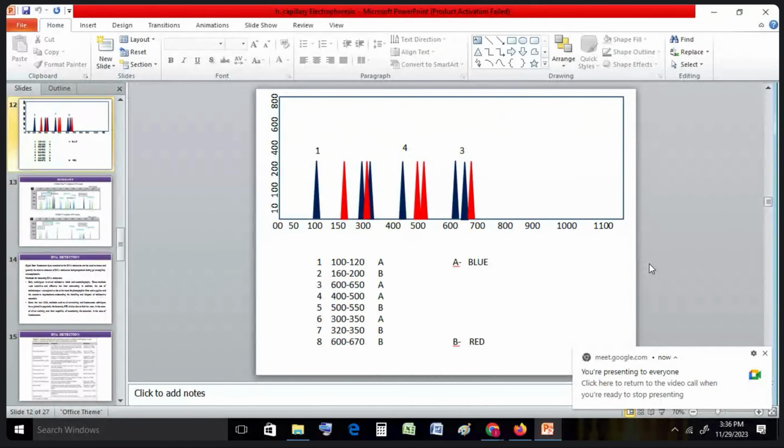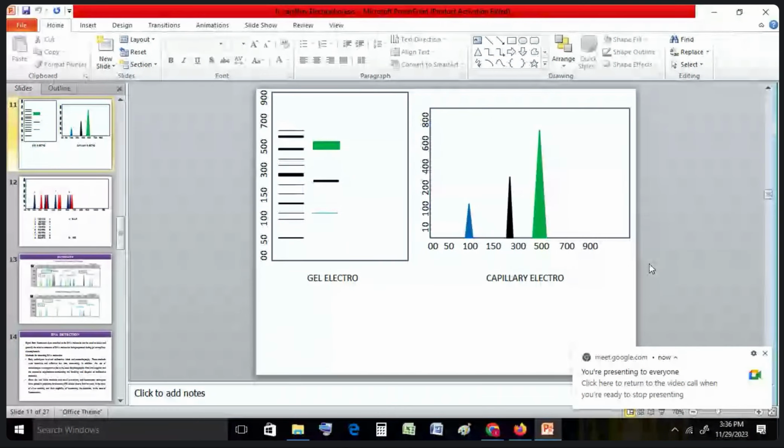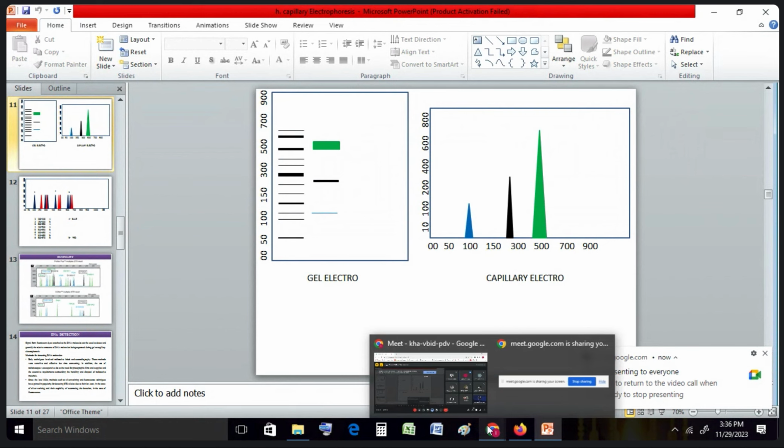Okay, from the last class, we saw the comparative representation of gel electrophoresis and capillary electrophoresis. Any question here? If no,